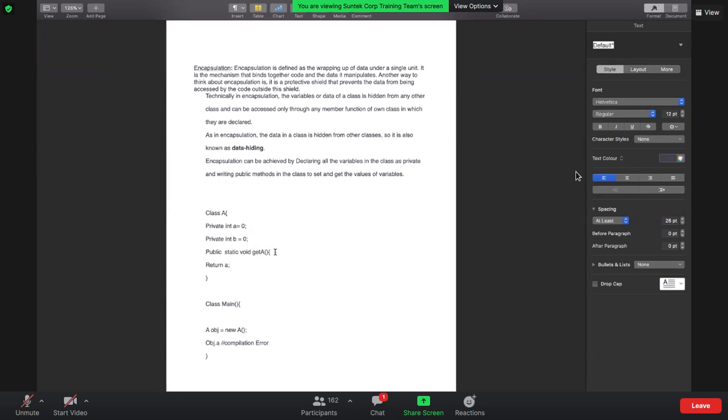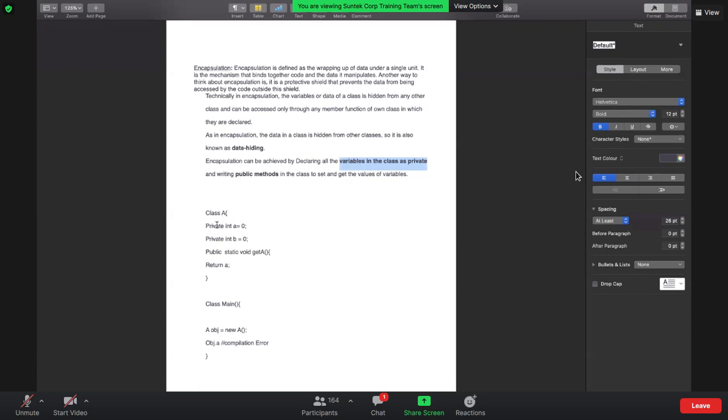How can we access it? Using only the getter and the setter methods. We need to create the getter and the setter methods. After creating them, only then will we be able to access these variables. So encapsulation can be achieved by declaring all the variables in the class as private and writing public methods in the class to set or get the values of the variables.